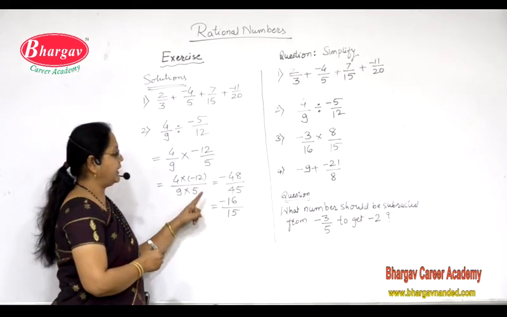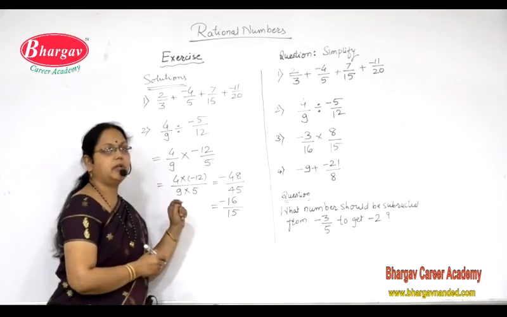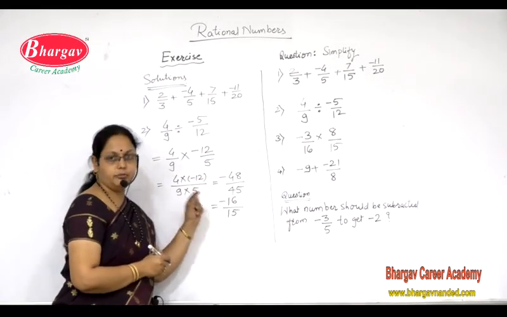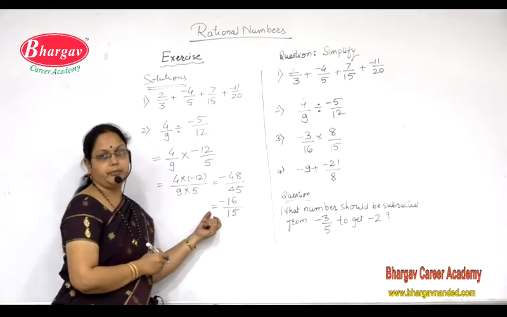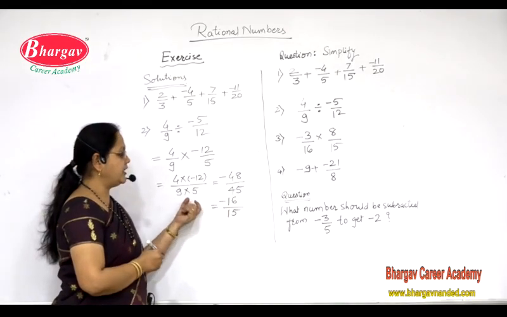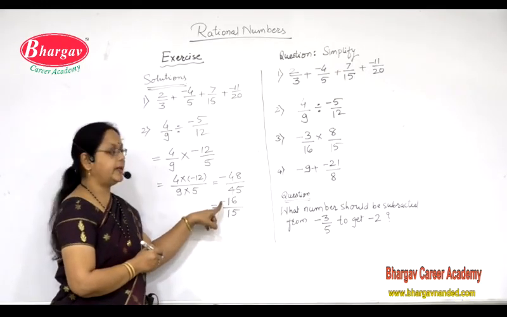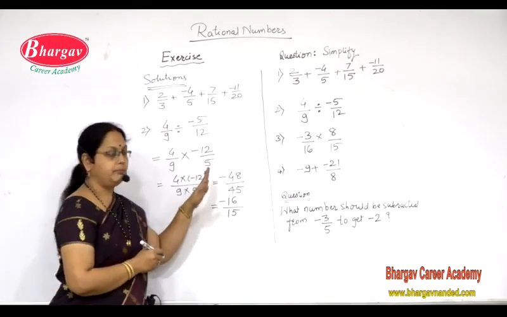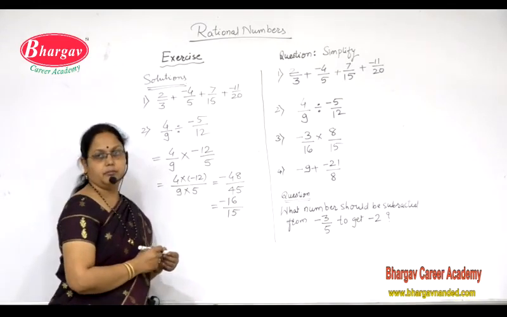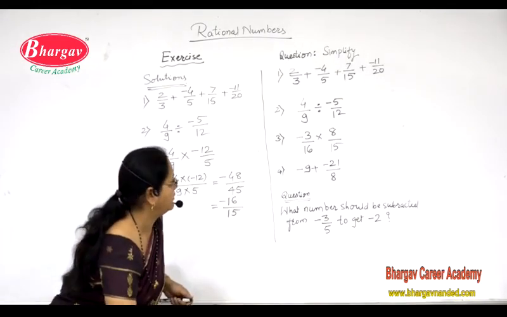And all the time while writing the standard form of rational number, you put this minus sign in the numerator, never in the denominator. So standard form of rational number means writing the negative sign in the numerator and writing down the most simplified P by Q form of this rational number. Okay, this is the standard form of rational number.